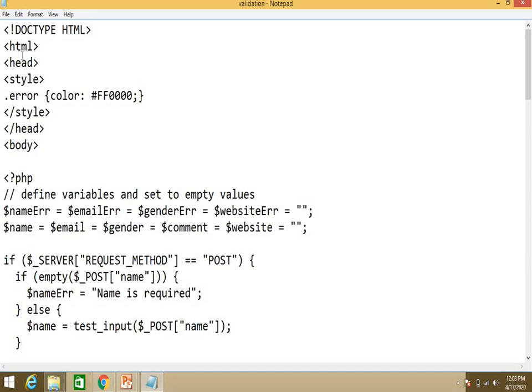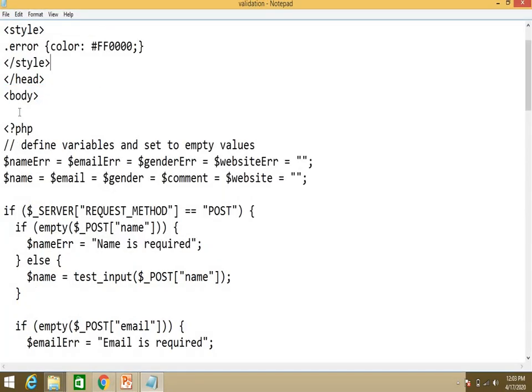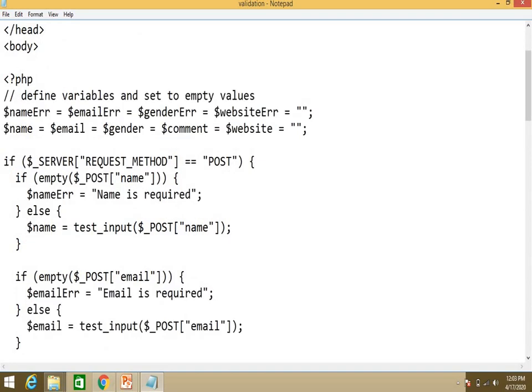See, HTML, head, style. Whatever the errors are, for the .error class I have used the red color. Now PHP, this is a comment: define the variables and set to empty values.